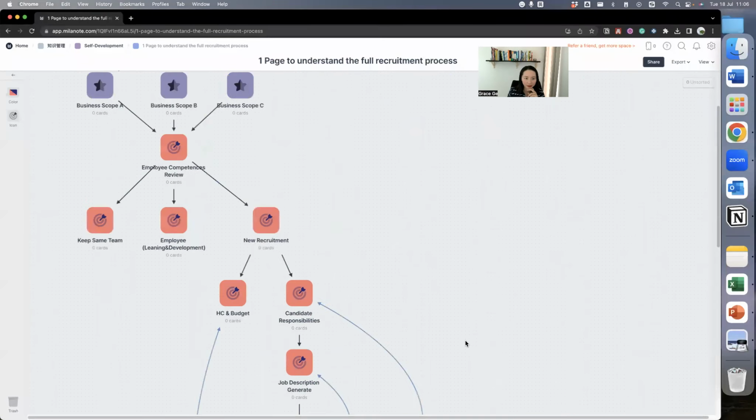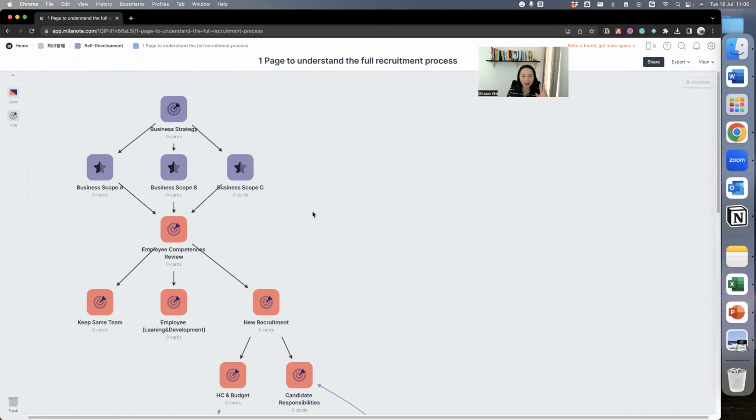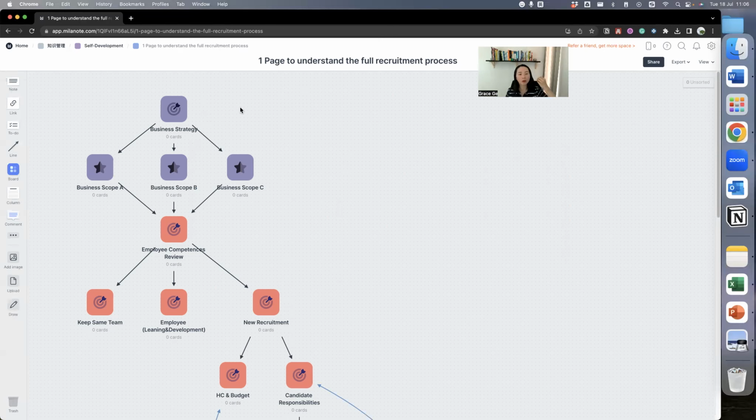If I go up together with you, actually any recruitment starts from the business strategy. In each year, normally by Q3 or even Q4, each company would start to review the following year's business strategy. What are the top things they need to solve in the following year? What are the most important things? What are the less important things? What are the main products they would like to sell or not want to do? So this is the moment to get the strategy clear.